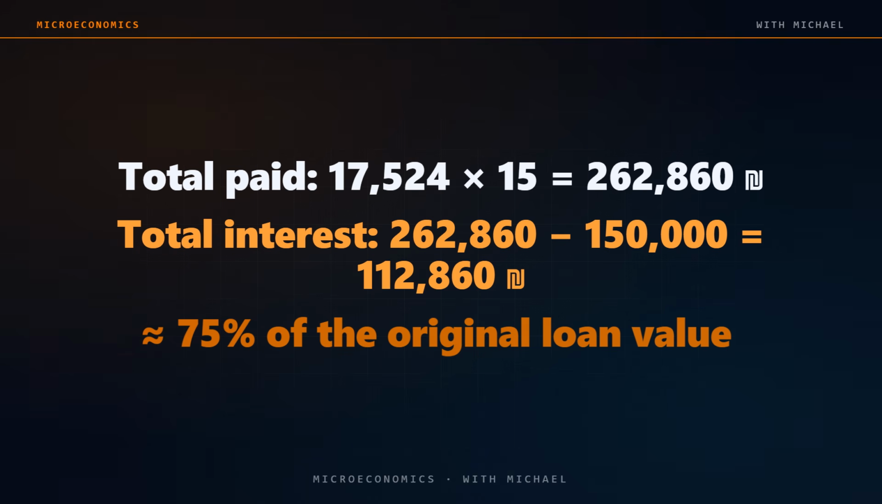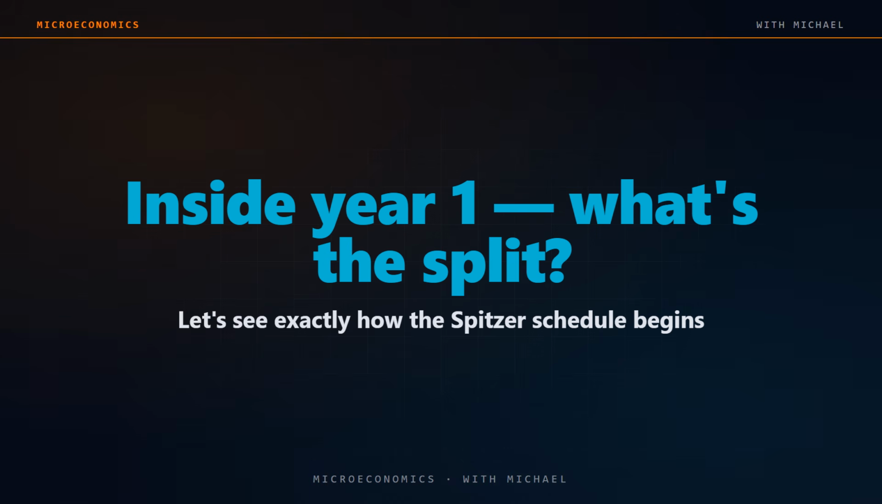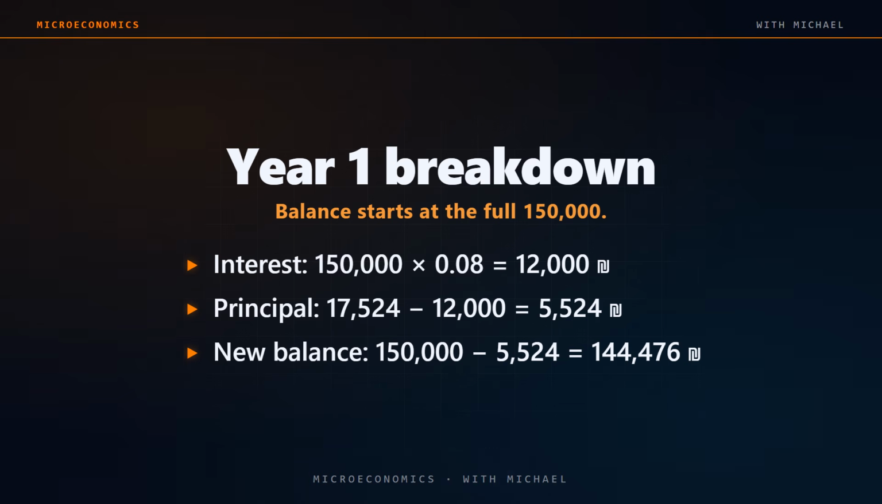In year 1, the outstanding balance is the full 150,000. Interest for the year is 150,000 multiplied by 0.08, which is 12,000 shekels. The total payment is 17,524, so the principal portion is 17,524 minus 12,000. That is 5,524 shekels. So in year 1, the company pays 12,000 in interest and only 5,524 in principal. After that payment, the new outstanding balance is 150,000 minus 5,524, which is